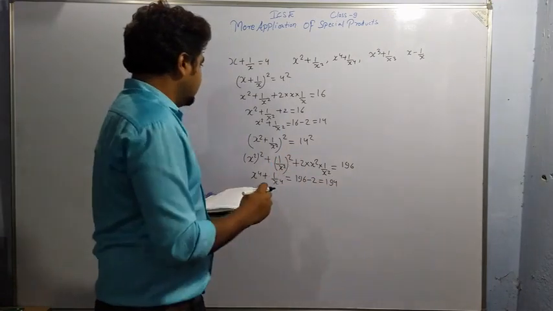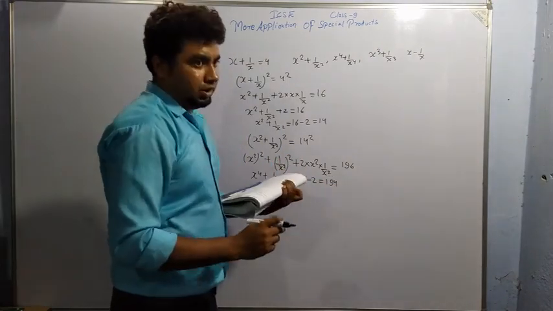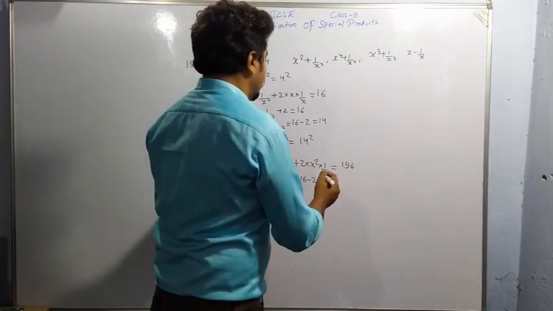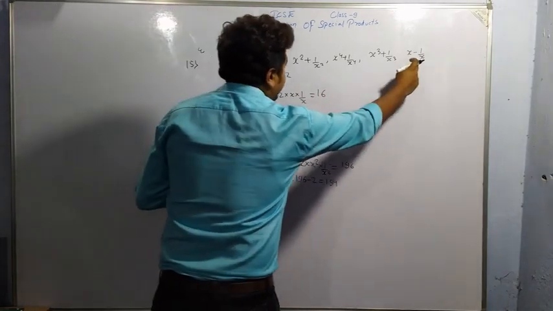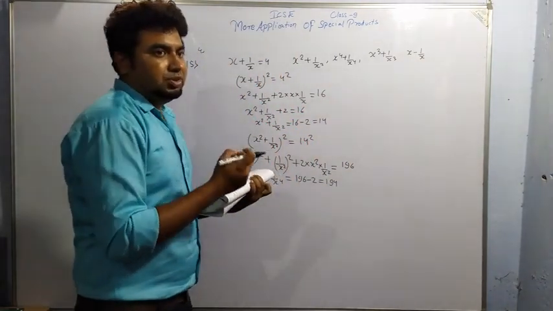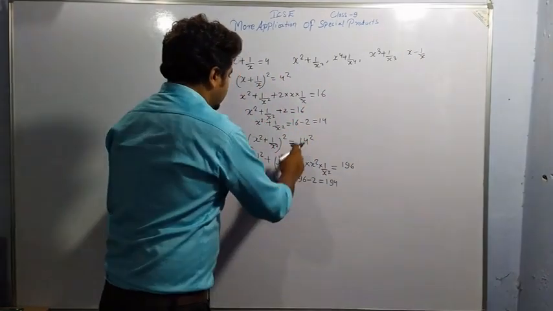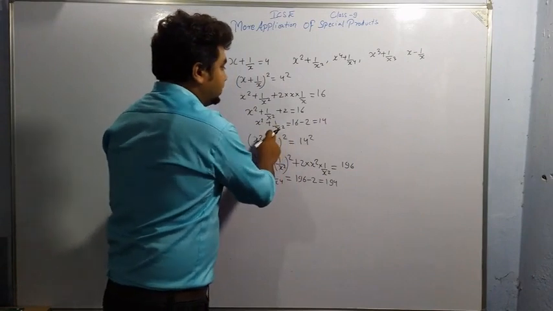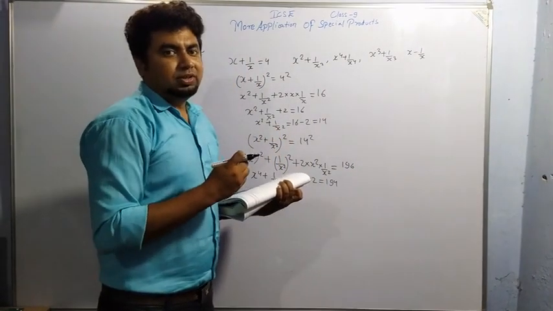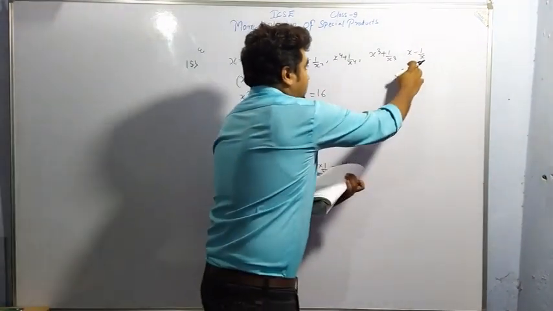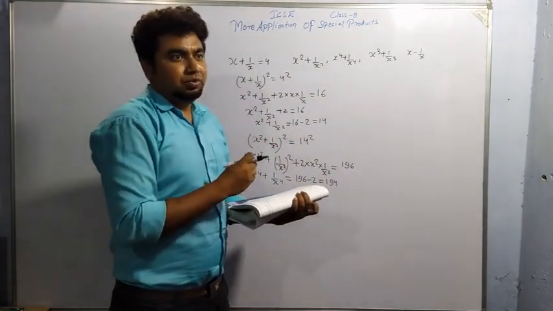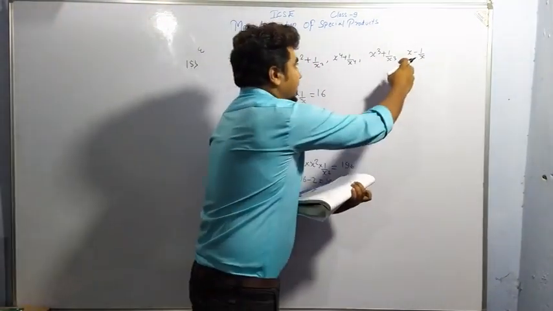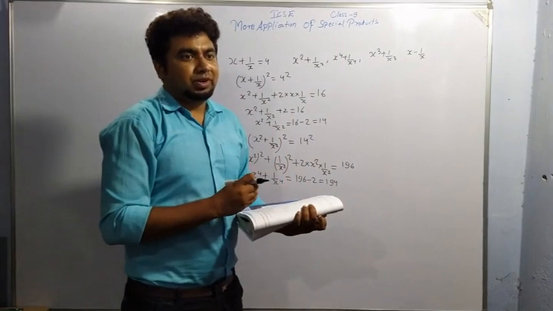So this is question part 2. Now x cube plus 1 by x cube. First of all, we'll be finding x minus 1 by x. Then it will be easy for us to find because x square plus 1 by x square is given, and this is common in both the formulas. And yesterday and in the video before, I explained that x minus 1 by x we have to find.